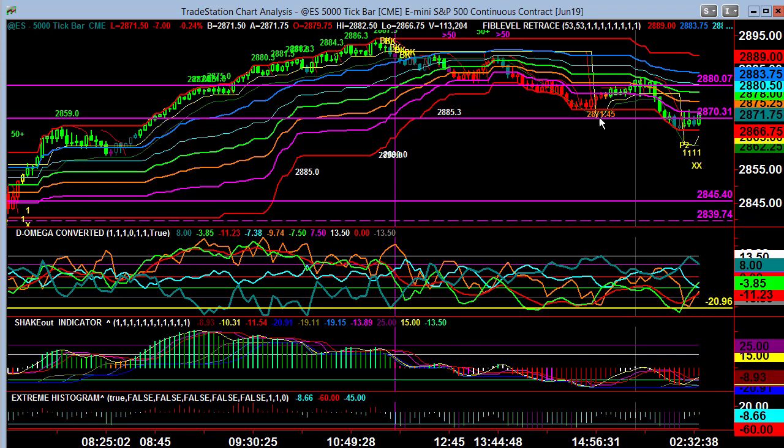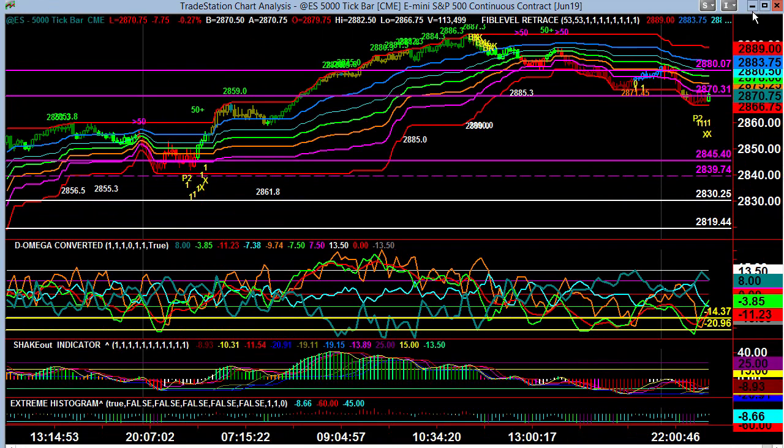the way back down. And so back into this, 2880, 2870 were previous algo activity areas, and sure enough, right within both of those. So I think it was really nice from a range standpoint as well as signal